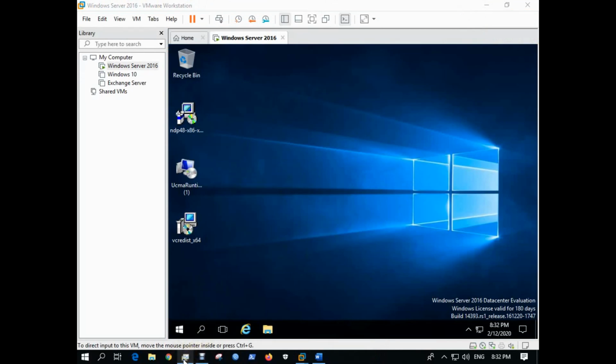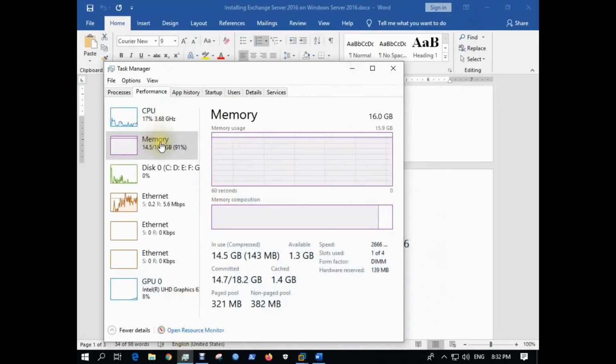The restart is complete. You can see here that Exchange server is consuming around 15 GB of RAM.